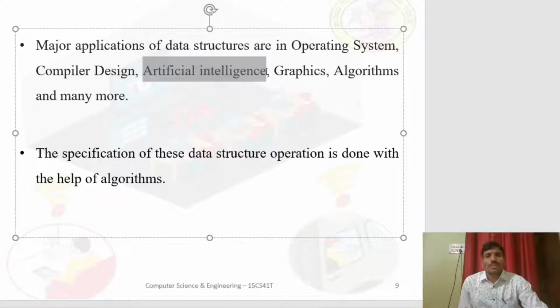Also in artificial intelligence, nowadays we can see many more applications of artificial intelligence where data structures are used in an efficient way, which are addressing many of our real life problems. Right? For example, counting the steps. We do walking, and while walking, applications that sense how many steps and how much distance we have walked have all come in mobile. So these are all because of the proper utilization of data structures and efficient algorithm usage; with this we can address all these problems.